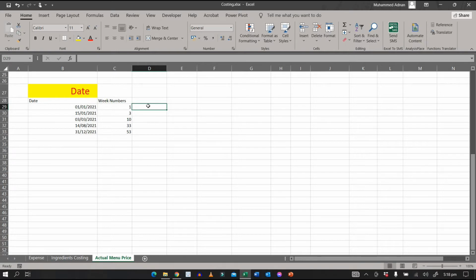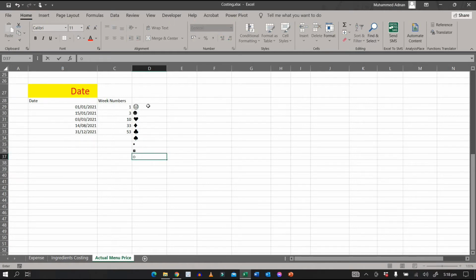For example, we need to insert emojis in an Excel file. What we need to do is press Alt plus 1 key, then you can see the emojis. Once again I will press Alt plus 2, then another emoji appears. Alt plus 3, then another Alt plus 4, Alt plus 5, Alt plus 6, Alt plus 7, Alt plus 8,